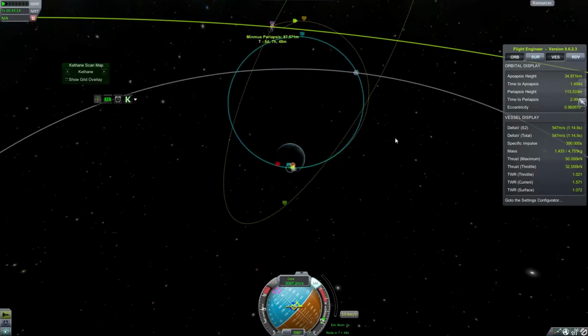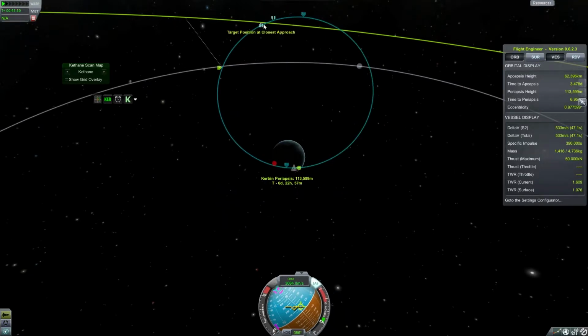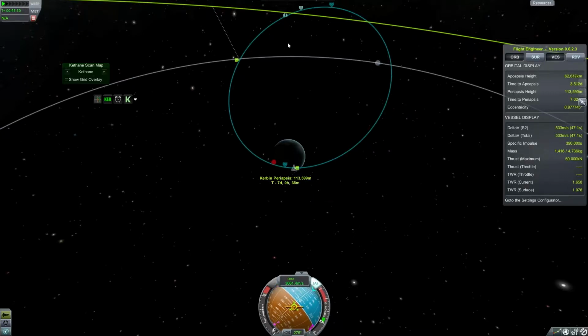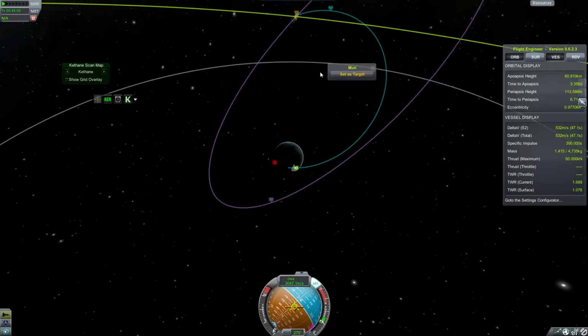And getting there. Ooh. Okay, I think we may have missed our encounter. Can't actually tell. Closest approach, target position at closest approach. So if we burn, no, okay, that separates. We need to burn back a tiny bit. And 165, 500, 128. That's probably where we're going to leave it